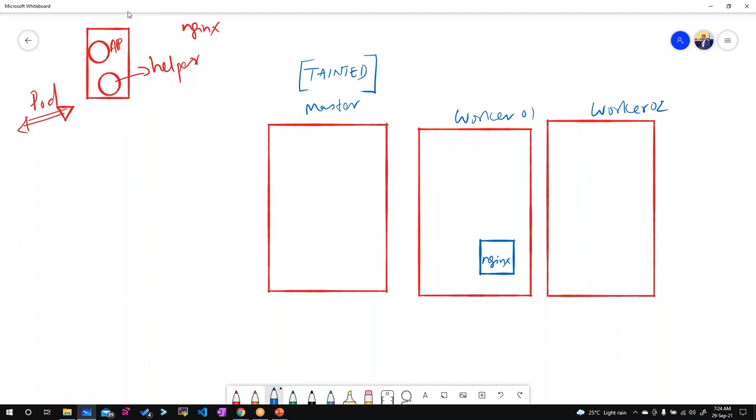It is also because the master should only run the orchestration components like the scheduler, controller, API server, and etcd. So we don't want the master to run any other workloads. If you want, you can run some workloads on the master, but that is not recommended. Understood, guys?